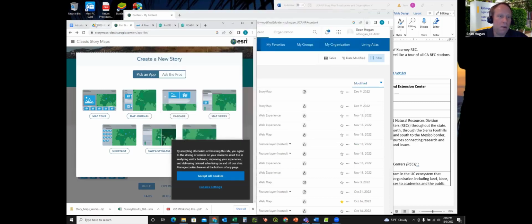Good. I want to touch on a couple things that Shane kind of also touched on. One was the older, now being phased out story map templates. They still exist. I had to go look for them again, and I was happy to see that they're still available. They're not as easily available as they used to be, but if you look up Story Maps Classic, then it'll bring you to a page that allows you to select some of the very neat old